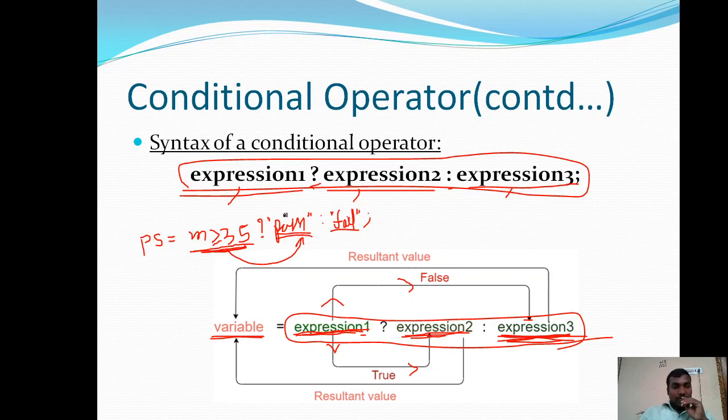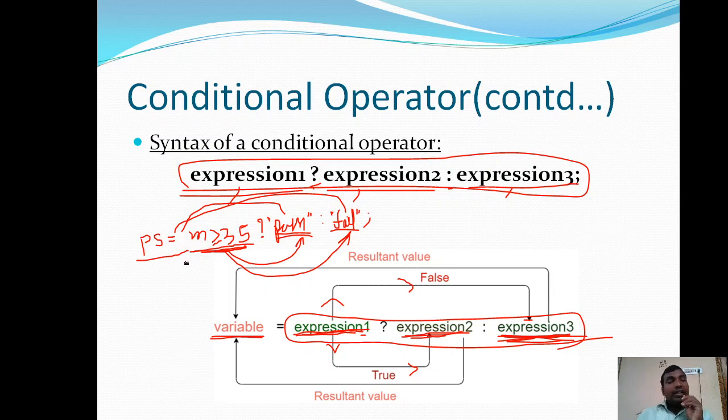So that pass is assigned to this PS. So pass status is equals to pass. For example, the student is getting 20 marks, then 20 is greater than or equals to 35 is false, right? So in that case, it is moved to expression 3. So it is not evaluating expression 2, and fail is directly assigned, here PS is equals to fail.